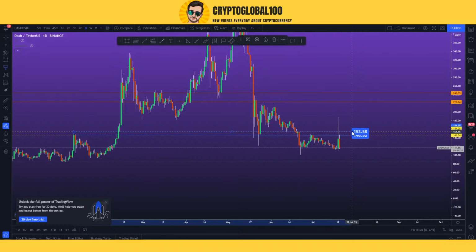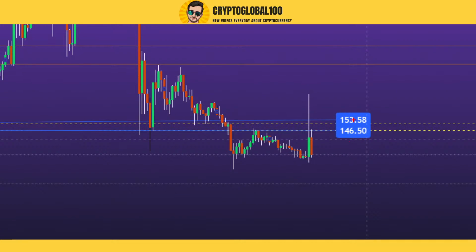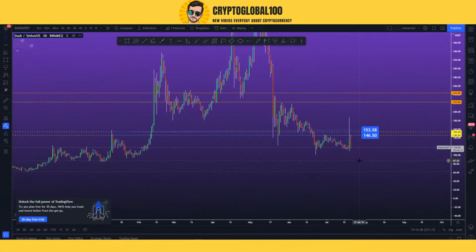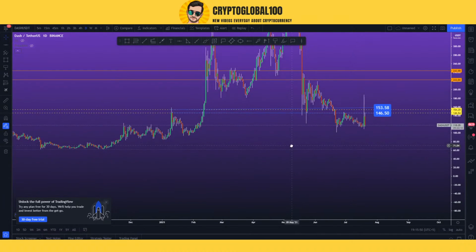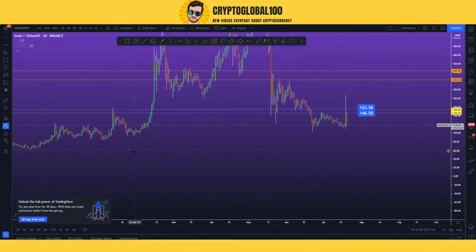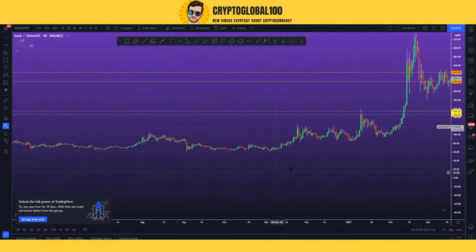If we go above, you said you shorted from the level 136. So if price reaches above 146 or 153, you just need to close your trade if you have shorted from 136, because this is the resistance. But if this resistance gets broken, then we would be going upward, and that would liquidate your short. And the next up we have here, if I take a look at